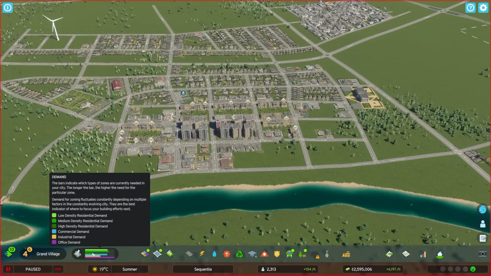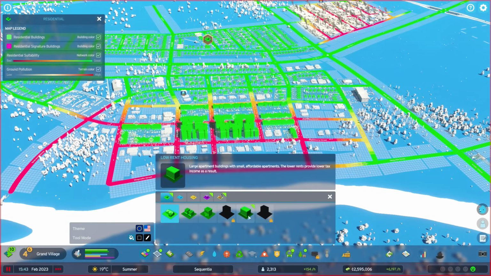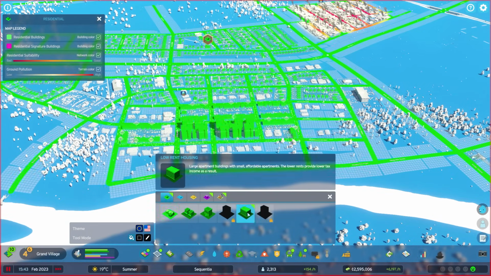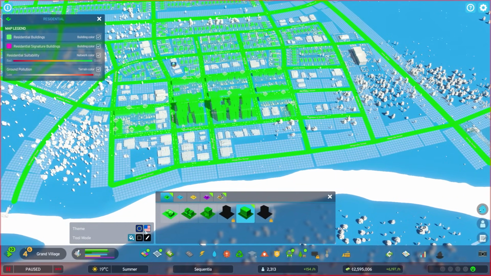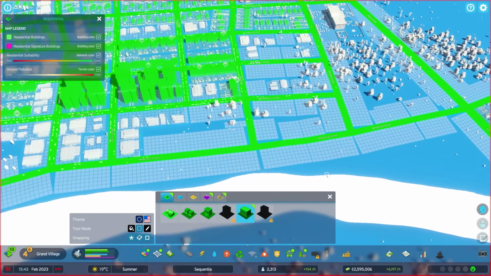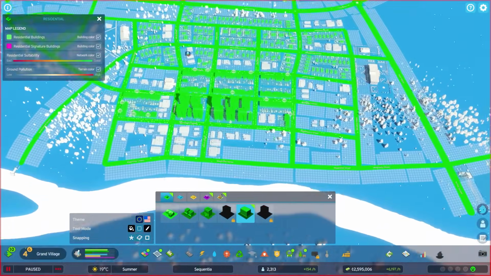So now you'll notice in the bottom left, there's high density residential demand. And that comes in the form of low rent housing at the Grand Village level currently. So low rent housing is high density, large apartment buildings with small, cheap apartments. So this is for whatever group in the city needs a lower income place to live. So I really want to put this somewhat close to downtown,